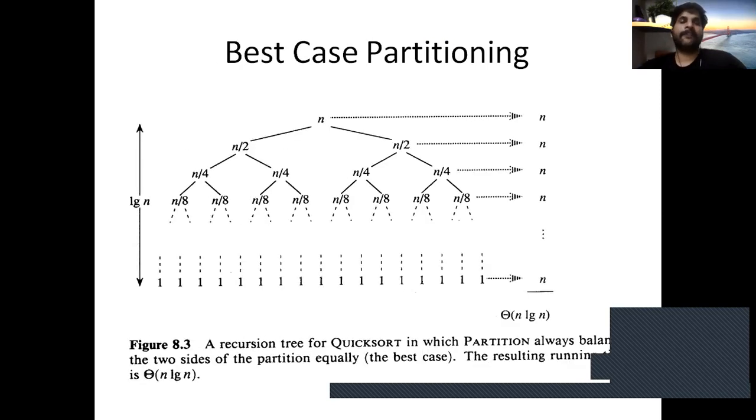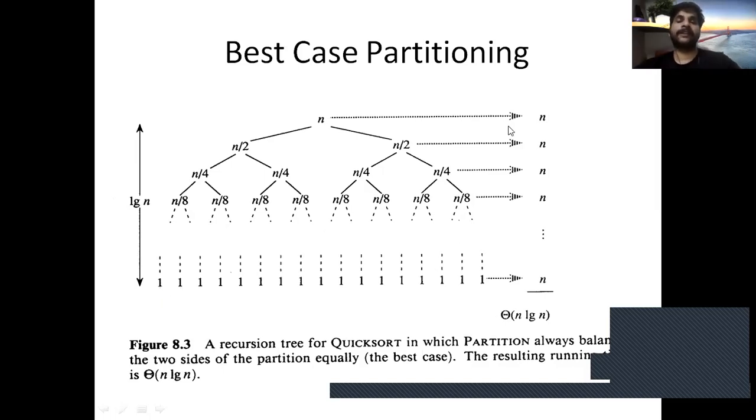Next, the performance of quicksort in the best case partition. Suppose we always select the pivot point from the middle of the array. Any size of array n is divided into two subarrays, n by 2 and n by 2. And n by 2, n by 2 are also divided from the midpoint. So n by 2 is divided into 2 branches, n by 4, n by 4. Similarly, the division of n continues until the value of n is equivalent to 1.